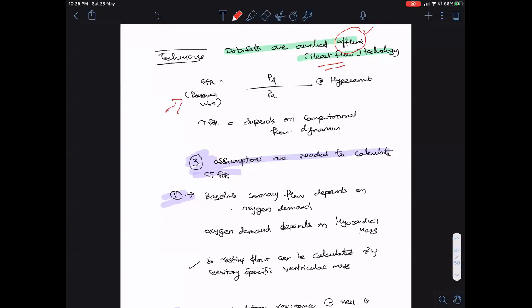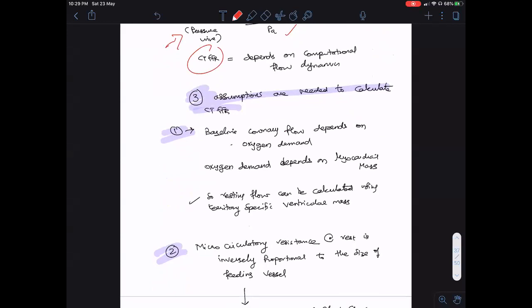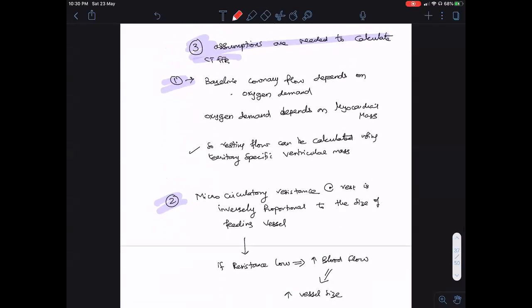So FFR, as we know, is Pd by Pa. For CT FFR, we don't use the conventional pressure wires, so we have to rely on a few computational fluid dynamics algorithms. We have to come to three assumptions before we end up calculating a CT FFR. So what are those? The first assumption is that